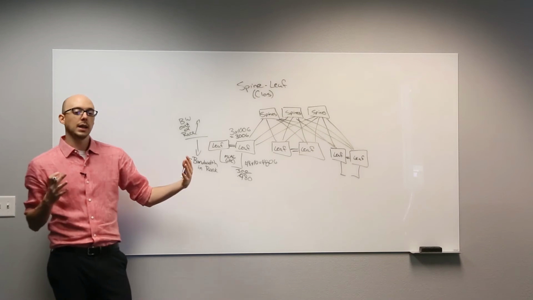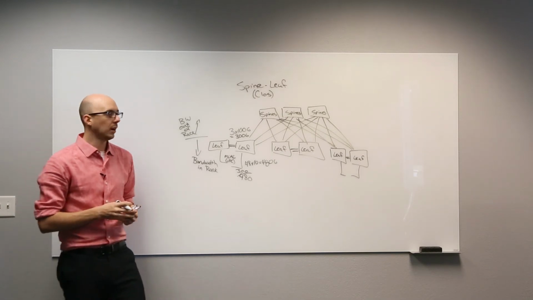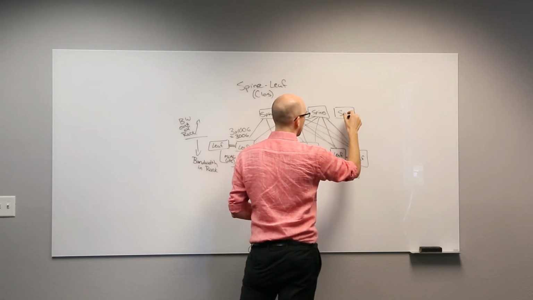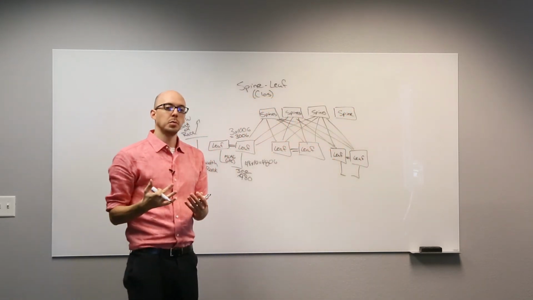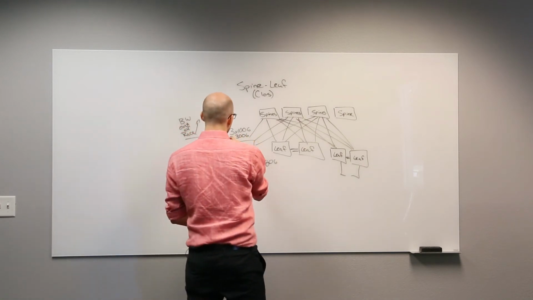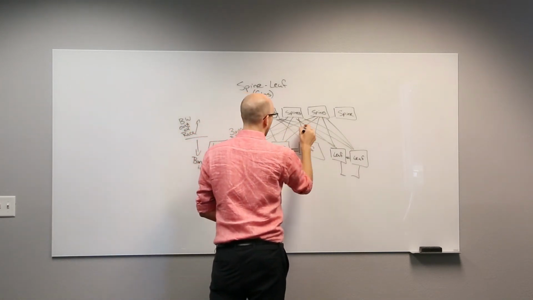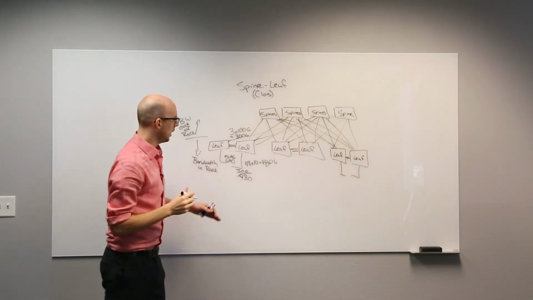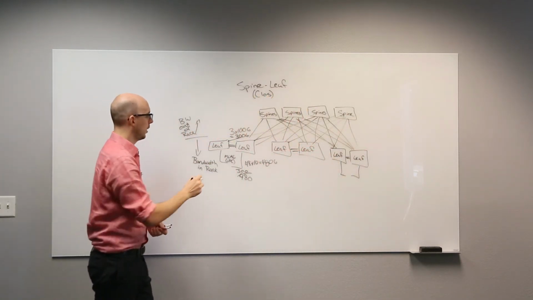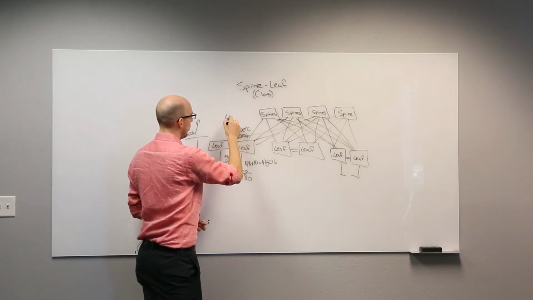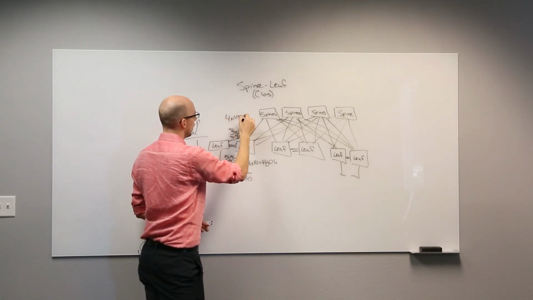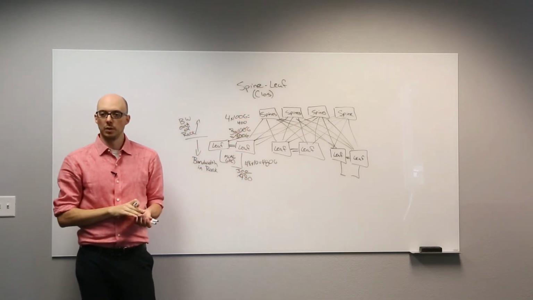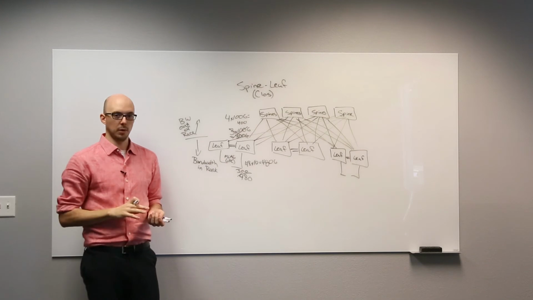If I need to expand out the amount of bandwidth in this environment, I can simply add another spine. And I'll connect in that spine just like every other spine. So I simply connect to every leaf in the environment. And I've now changed this from 3 by 100 to 4 by 100 gig, reducing that oversubscription ratio and giving me more bandwidth in the core.